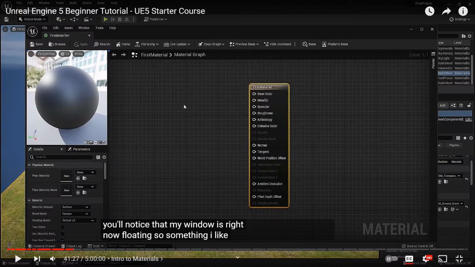So how do we create a node? Well, we come all the way over here to the palette, click on it, and now we have a selection of all the different nodes we can use to create a material. We can also right click anywhere to get that same palette. So under palette, I want a constant 3 vector under constant. The reason why is because a constant 3 vector is essentially Unreal's version of color. It's R, G, and B for red, green, and blue. Right now this node is set to black. I could edit it